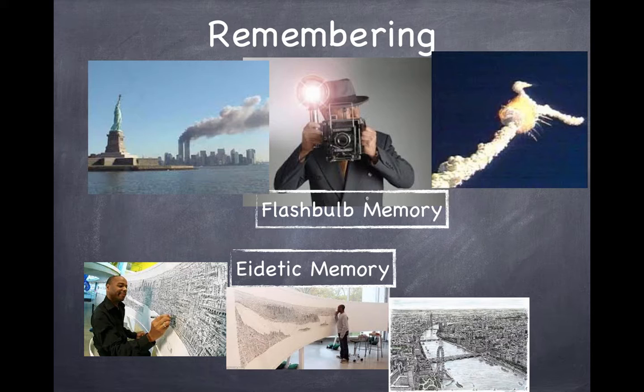Now, another form of memory is eidetic memory. This is also known as photographic memory, and it's very highly developed learning and very specific learning strategies. Now, the person you're seeing there in the image on the left is Stephen Wiltshire. And Stephen has an eidetic memory in regards to visual content. And what you're seeing are examples of drawings that he's made by virtue of witnessing something for the first time and only time.